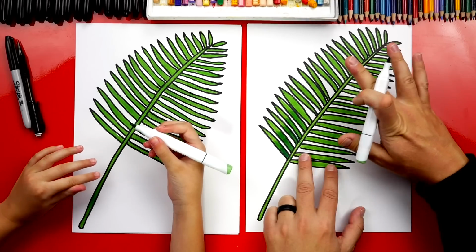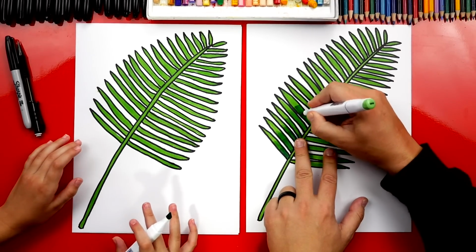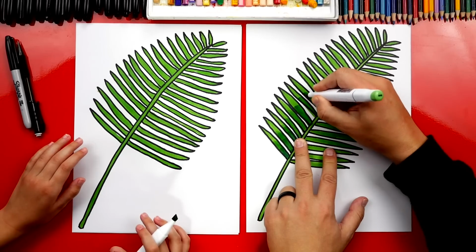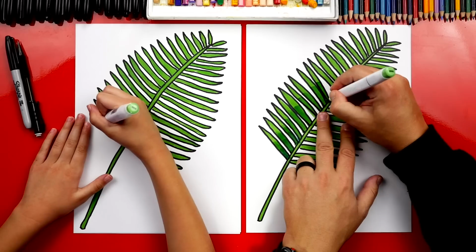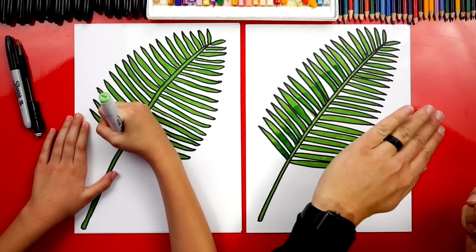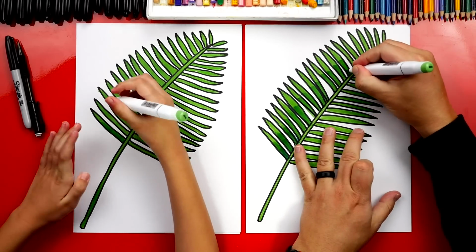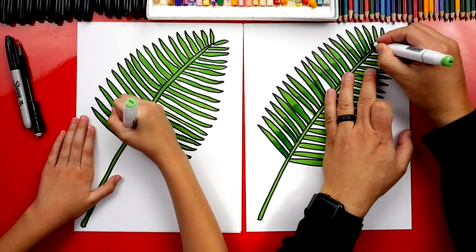Now we waited until our drawing was completely dry, the marker, and then we're going to go back over just half of the leaf. Look at that. It looks like it's adding shading. We're making our leaves look more round, or like they're curving out of the stem. Is that cool? So we're just going to go down, and I'm only doing half of the leaf. We're going all the way to the top,